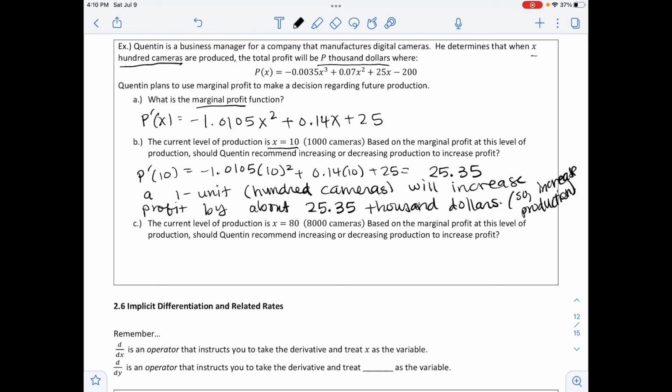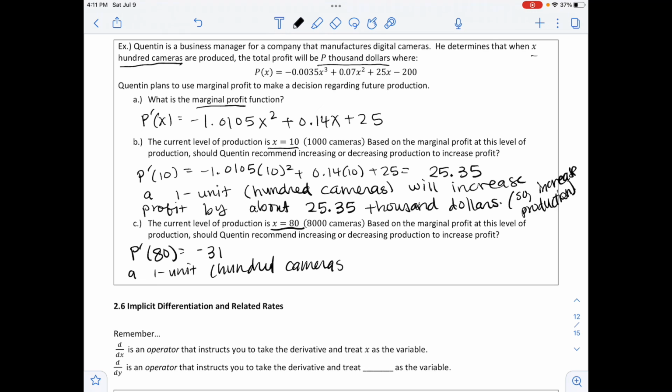Part C says the current level of production is X equals 80, or 8,000 cameras. Based on the marginal profit at this level of production, should Quentin recommend increasing or decreasing production to increase profit? So P prime of 80. So substituting in 80 into our marginal profit function, which is listed up above, we get negative 31. And so a 1 unit or 100 cameras